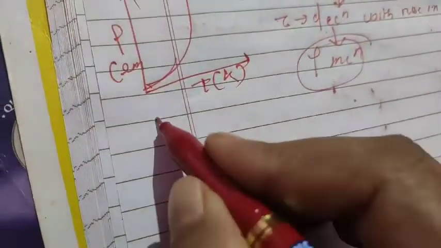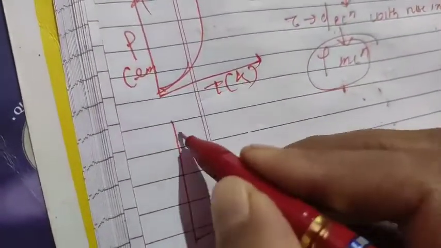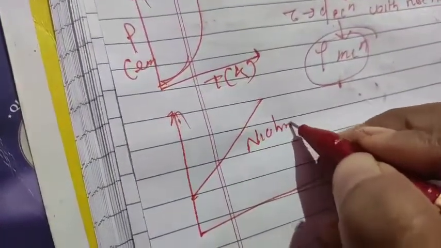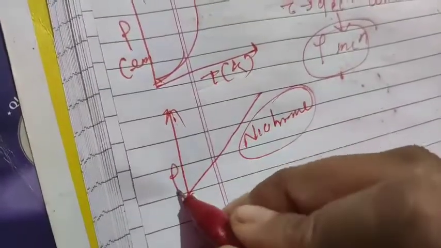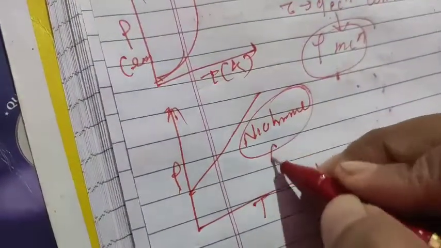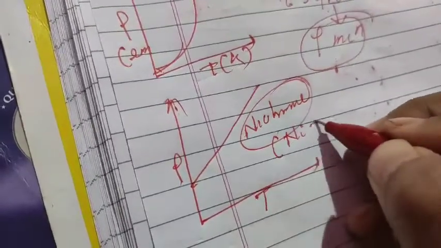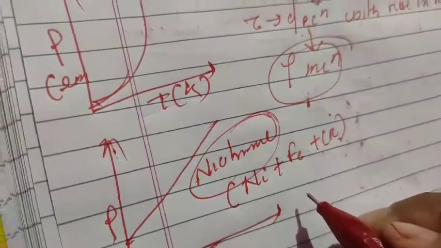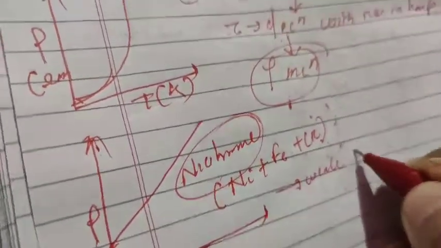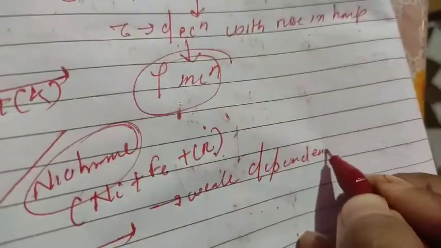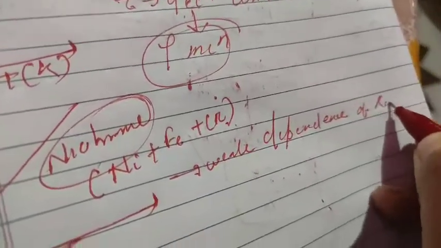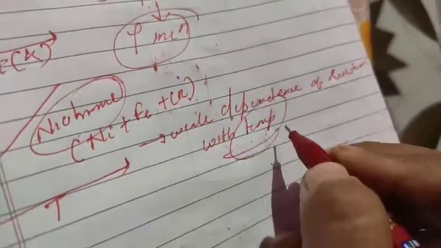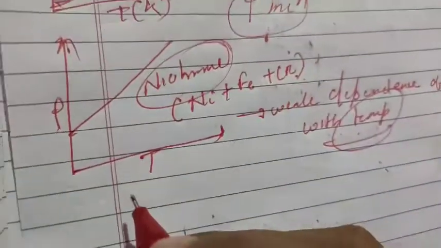Now we will come to the concept of nichrome. It is something like an alloy. This is the graph of nichrome. Please remember this graph, they used to ask it like this, rho versus T. What is nichrome made of? Nickel, iron with chromium. Here what happens? There is a weak dependence of resistivity on temperature, meaning there is not much fluctuation of resistivity with change in temperature.